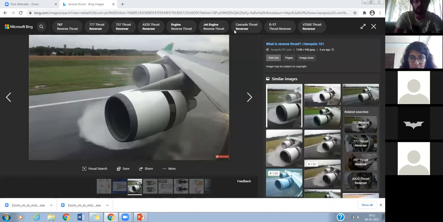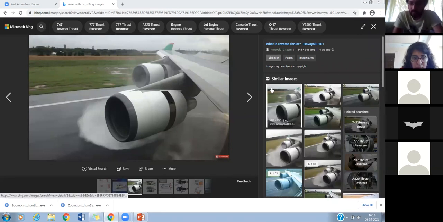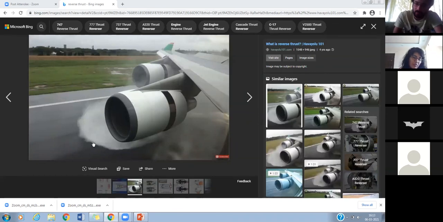So this is an engine valve that opens up. Can you see the space where my arrow is pointing? When you activate reverse thrust, this engine valve opens up. And instead of pushing the air backwards, which the engine would normally do to give you thrust, it's now pushing it forward. Understood. And that's how, because now the air is being pushed forward, your aircraft is decelerating. So just a panel displacement allows for it.